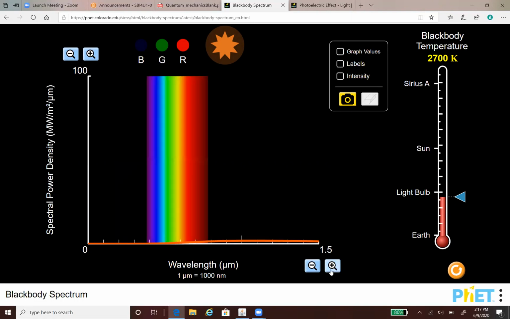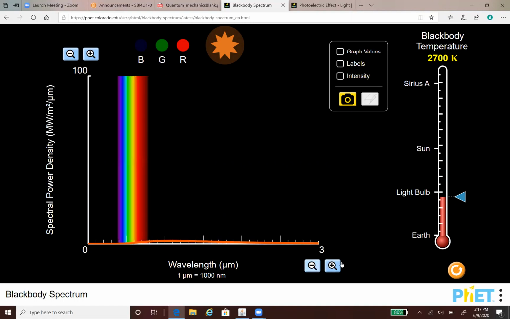See if I can zoom in here. Okay, we start producing some heat. You can see the graph now is starting to lift a little bit. And if we keep heating this up, it gets a little bit hotter. Now we can start seeing some visible light. So if I look at my graph, you'll notice, if I look at the area under the graph,